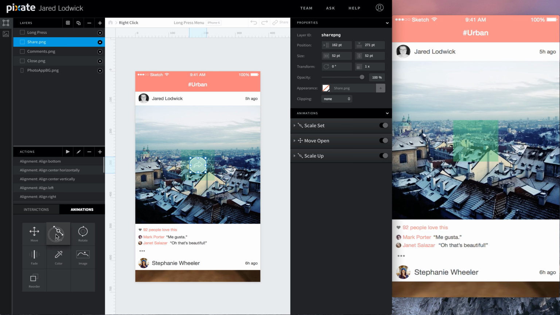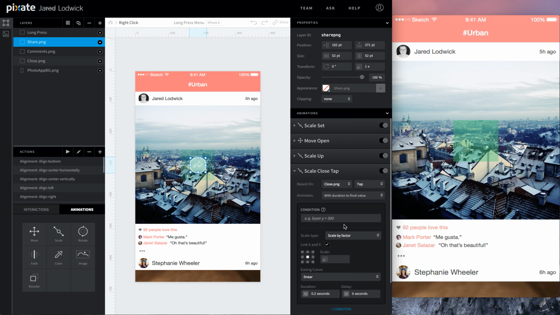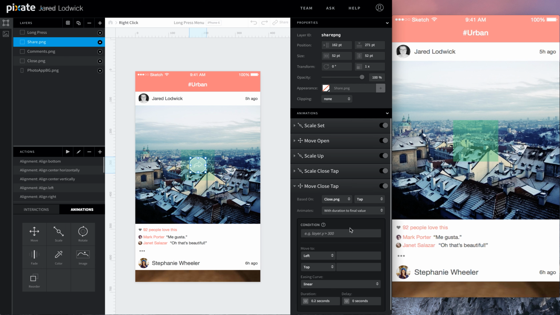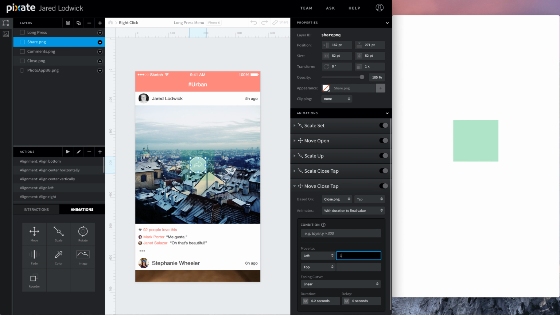We'll do the same thing for share. 1 scale, 1 move. Name this scale close tap. Down to 0. Then move close tap. Back to its position of 162 and 271.